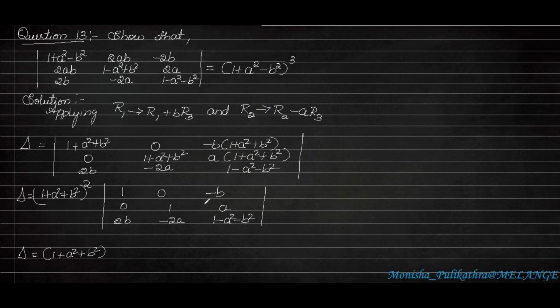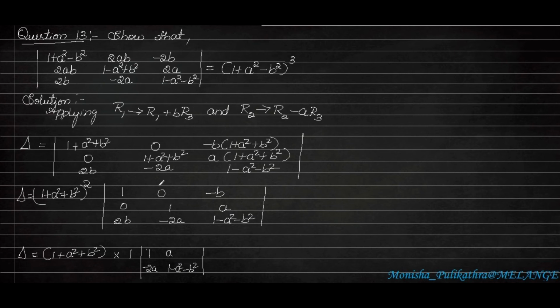So first I will be taking this first row. Since 0 is there, we can take either the first row or the second row. So first here, 1. When I take 1, this column and this row get cancelled. Remaining will be 1A minus 2A and 1 minus A square minus B square.